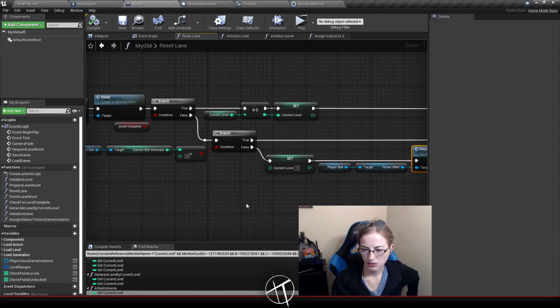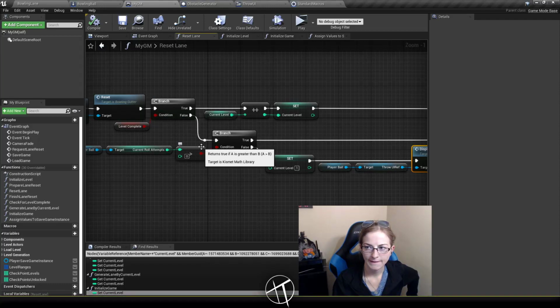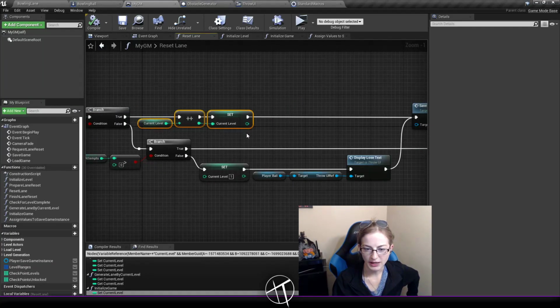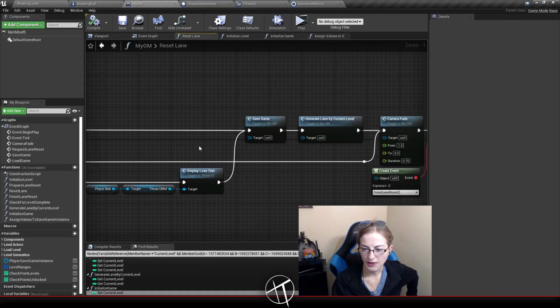So, if level complete is false or true, it doesn't matter. It could be false or it could be true. That's incorrect. For this particular check, it's on true. Once we increment, so we just completed the current level, we're going to increment the level. And then we're going to...